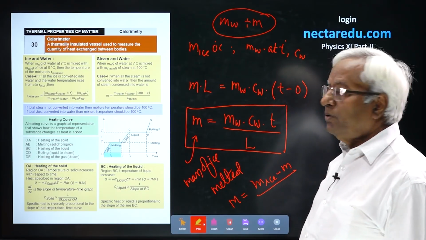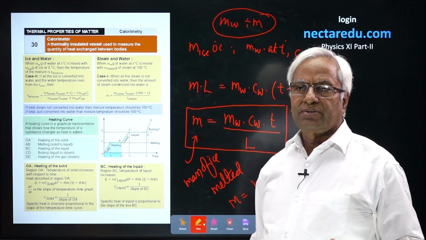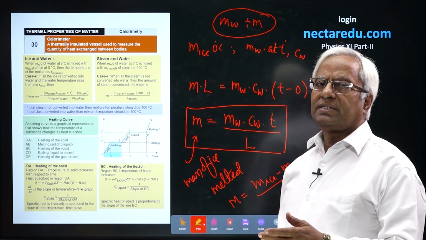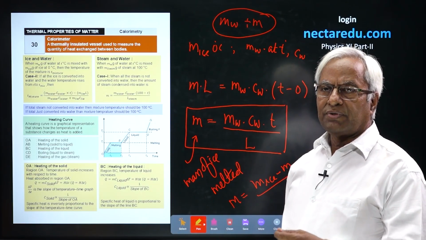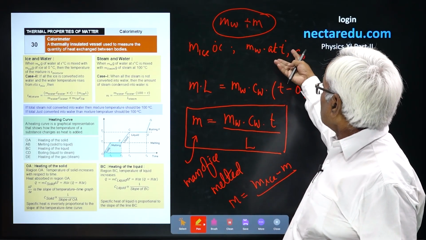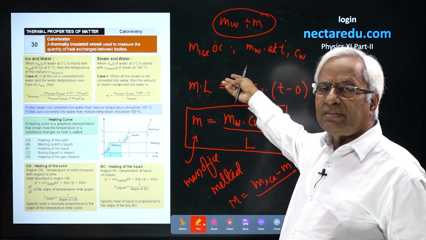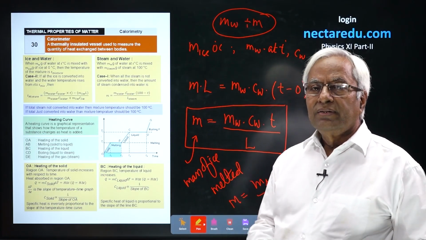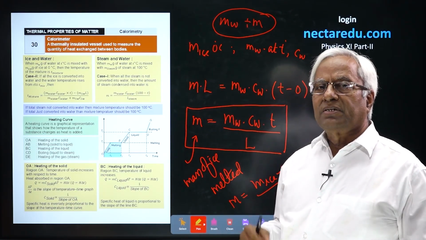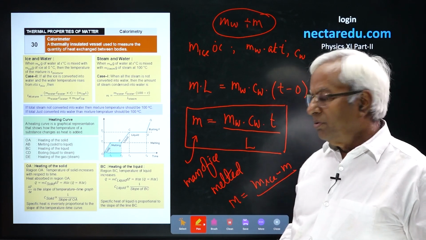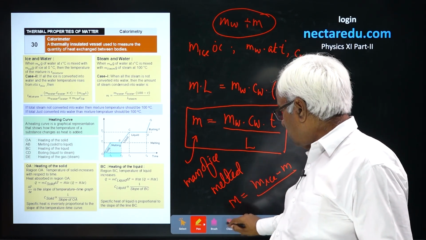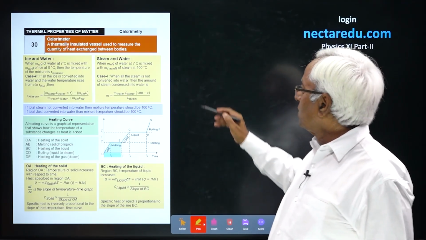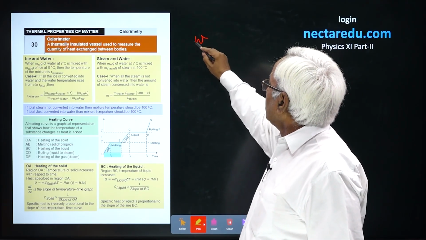Now, suppose complete ice melts. When complete ice melts, we will be getting water at 0 degree, and this water will release the heat, supply the heat, by going to 0 degree. Then again the final temperature of the mixture is going to be 0 only. The same logic or same principle you could apply for a combination of water and steam.